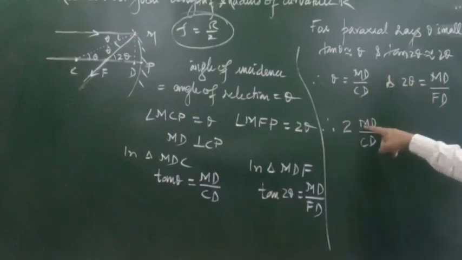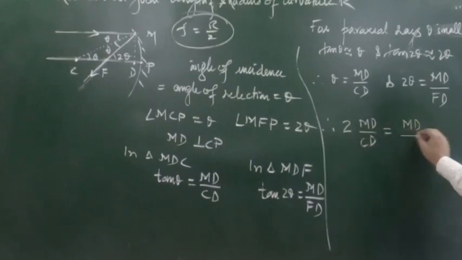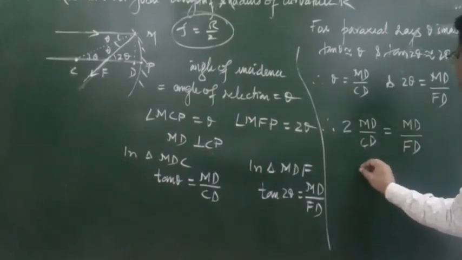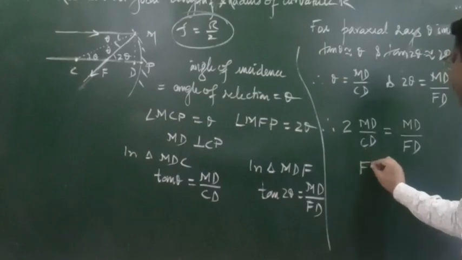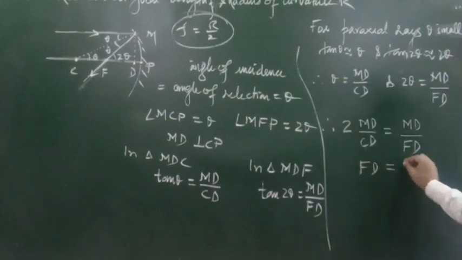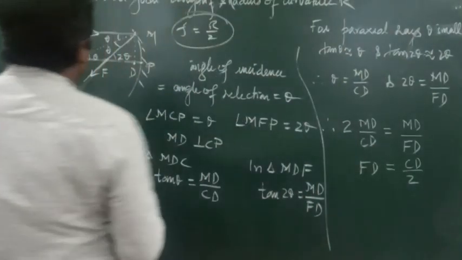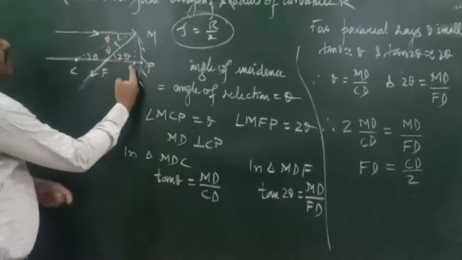So tan theta is MD by CD, equal to MD by FD. From here, MD cancels out, and what will you get? You will get FD equal to CD by 2. FD equals CD by 2. Now, for a very, very small mirror, a mirror of small aperture, D will be very close